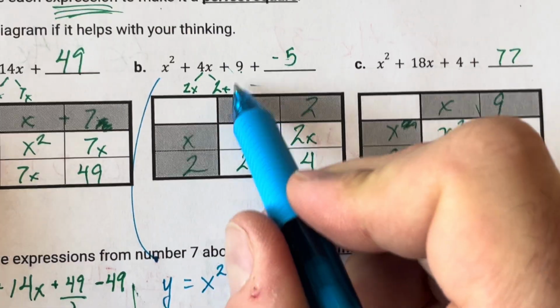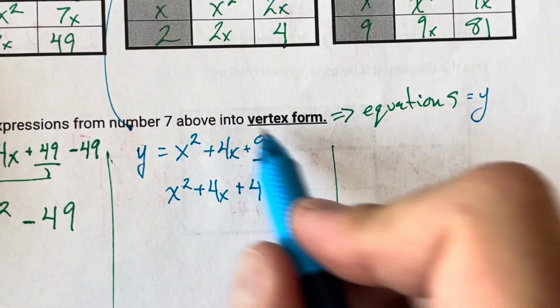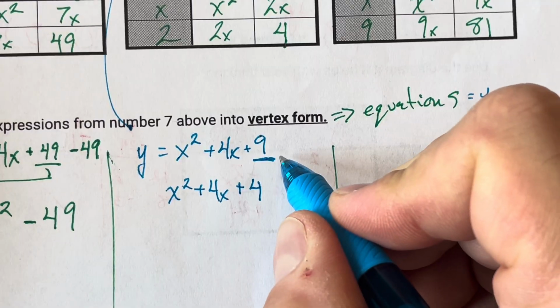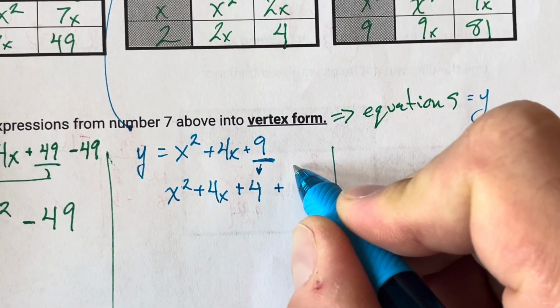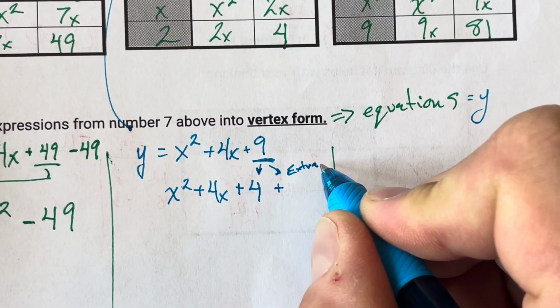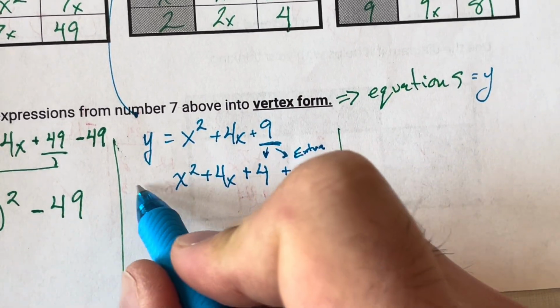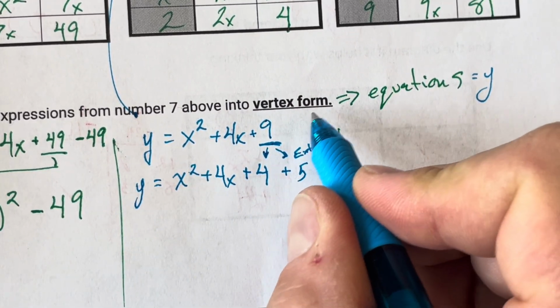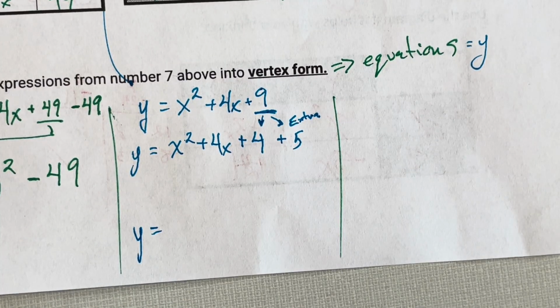Because I had 9 in the original equation, if this was an equation, then 4 of the units can go here, and I end up with extra units. And how many extra units? 5 extra units. So to write this in vertex form is written in the form of y equals